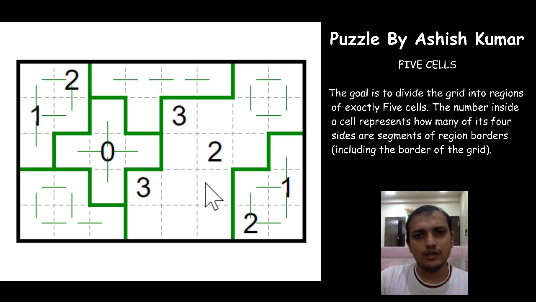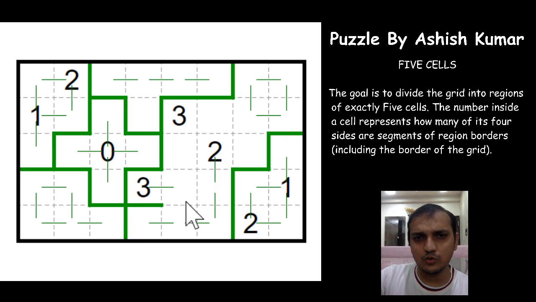And okay, so what happens if this 3 and this cell are not part of one region? To indicate that, we will just mark a line here. This 3 will go somewhere here, and this cell has to be a part of a 5-cell region, and it will go this way. So now this 2 has 3 segments, right? So by this we conclude that this 3 and this cell will be part of one region, and we can close this now. And this cell cannot be part of this region now because we have already marked a segment differentiating that it is a different region. So it will go this way.